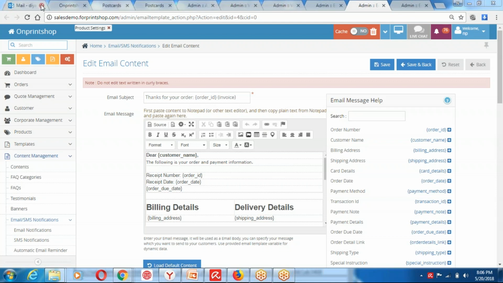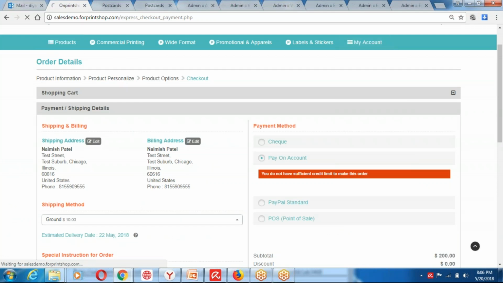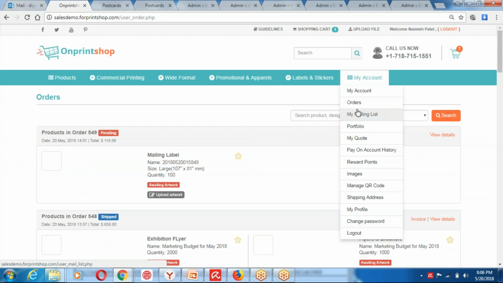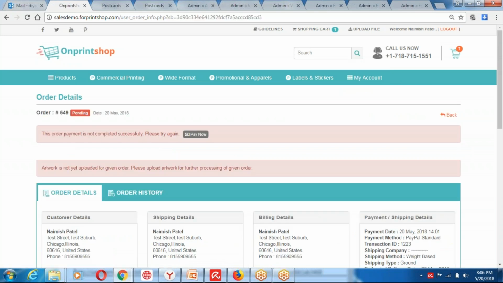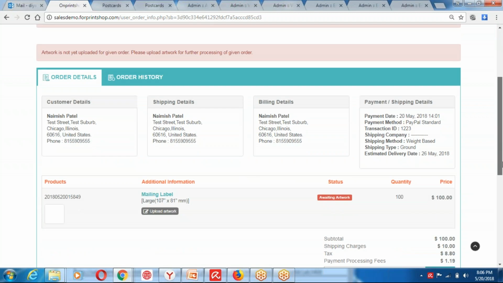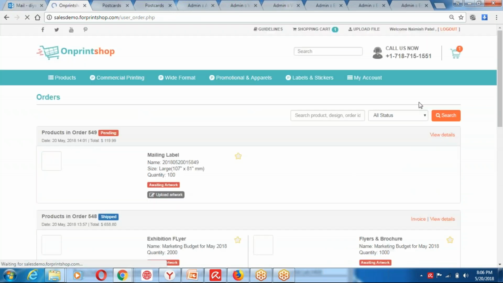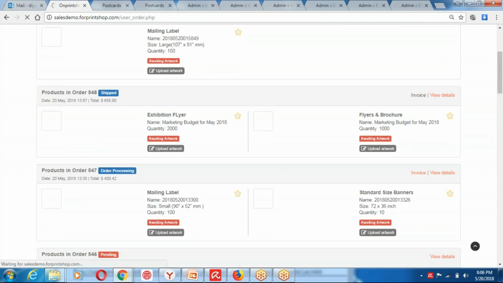You can personalize the format, and customer retention can be improved a lot, because every quotation and order placed on the system has all the information in the customer's My Account. So anytime they want to reorder, they can simply go inside the system and see every order they have placed with you; they have all the access. The invoice is generated automatically, so anytime they can go inside an order and access the invoice. The invoice is also auto-emailed.